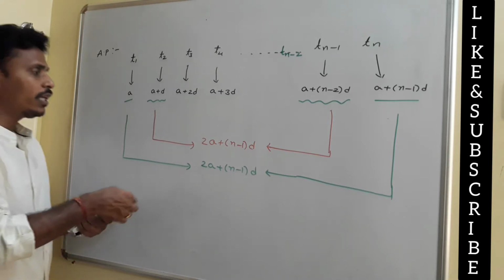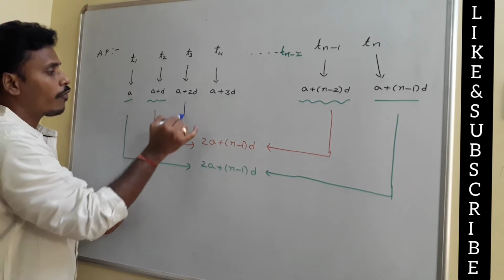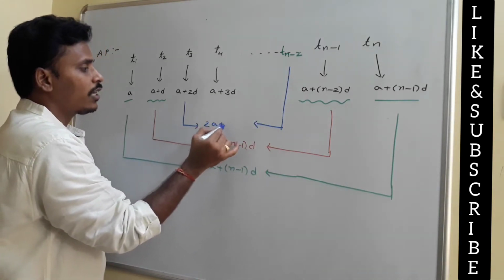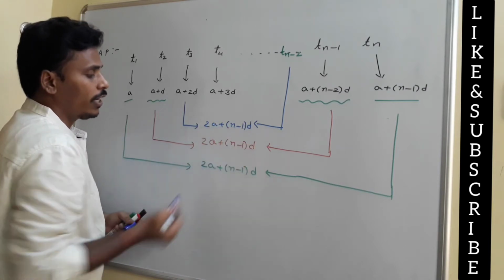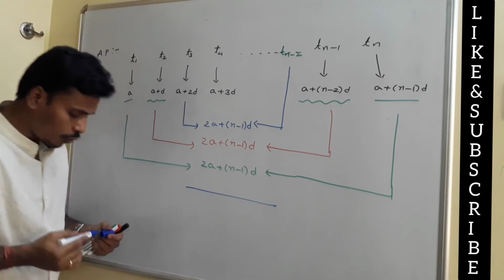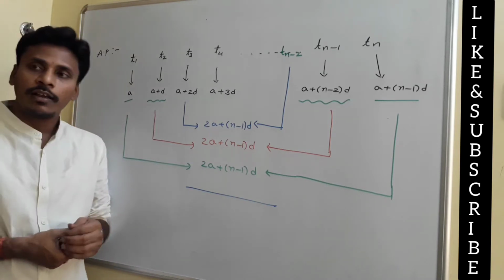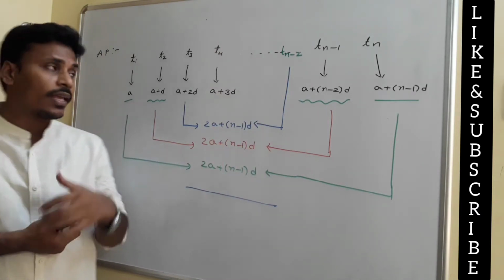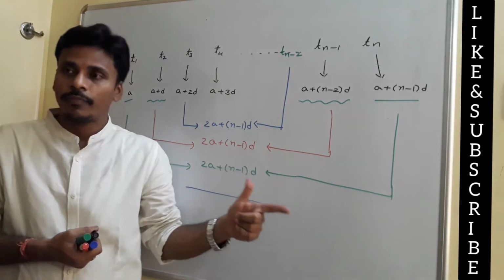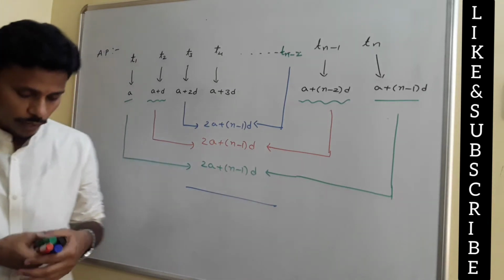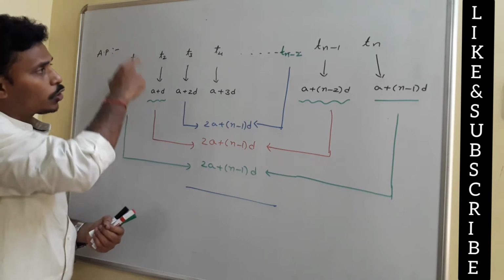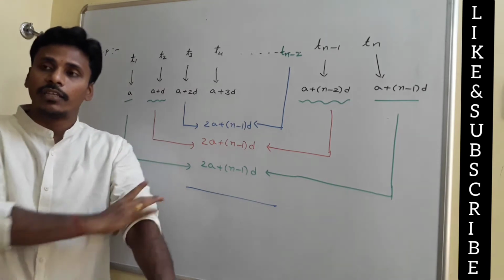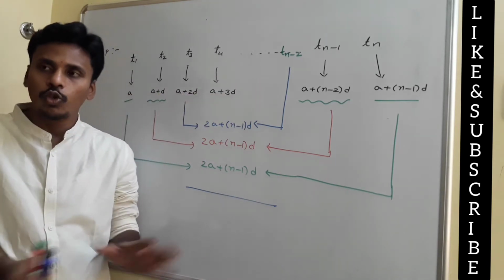Right? Again, if you move with the third term from this end and the third term from that end, if you calculate, again that equals 2A plus n minus 1 into D. So what I am going to conclude is, if you add the first term from this side and from that side, the summation is 2A plus n minus 1 into D. Second term from this side and from that side, again the summation is 2A plus n minus 1 into D. See, if you look, this T1, T2, T3, T4 and so on, Tn minus 1 and Tn are the terms of the arithmetic sequence from the usual side, right?